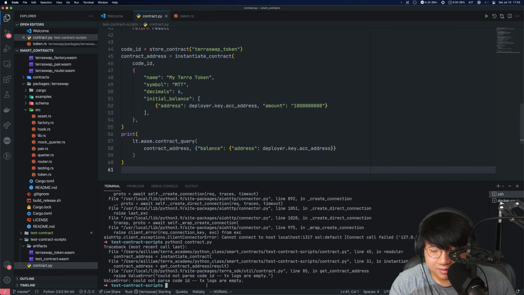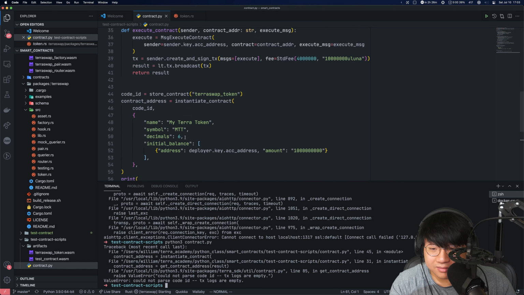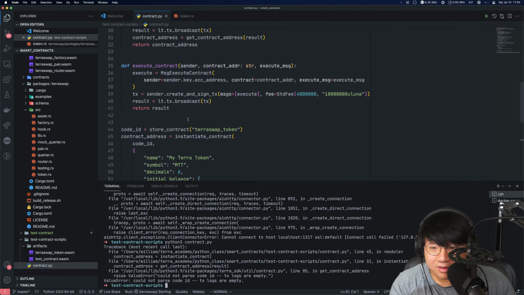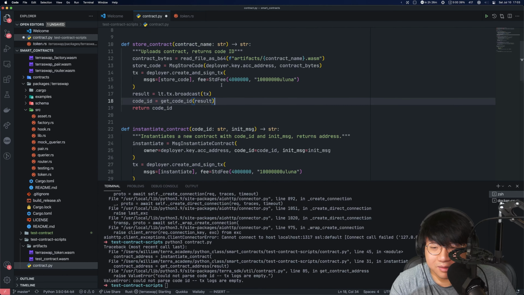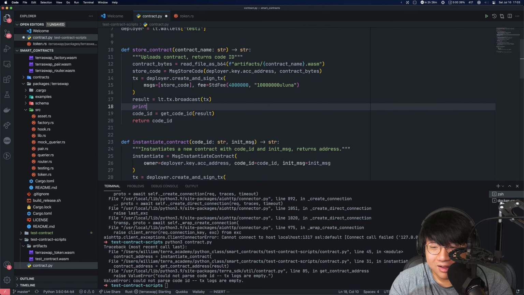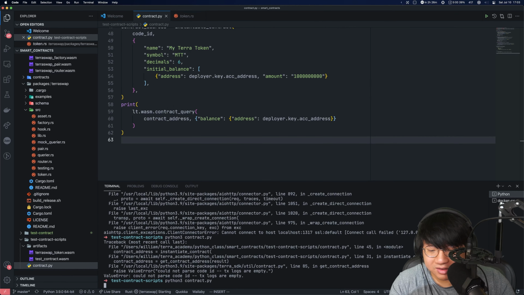Okay, let's see. Sometimes we get these errors. Let's try this. I think it's right here. Let's print the results. Something helpful is you can just start printing the results. I believe this one is in... Let's try this.